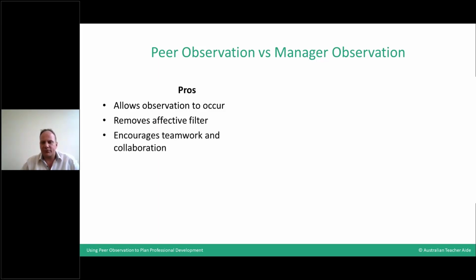Like I said before, it encourages teamwork and collaboration. So all of your TAs will be working on this and working together. As you go through different iterations of it, they'll each have a chance to work with different people in the team. And this is probably my favorite one here: it creates opportunity for peer-to-peer learning.